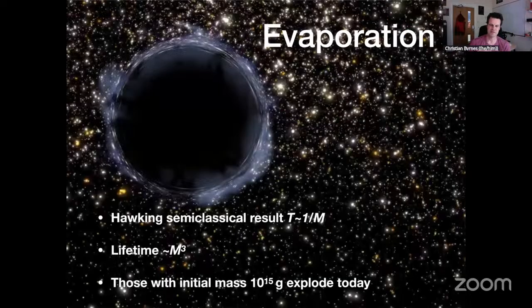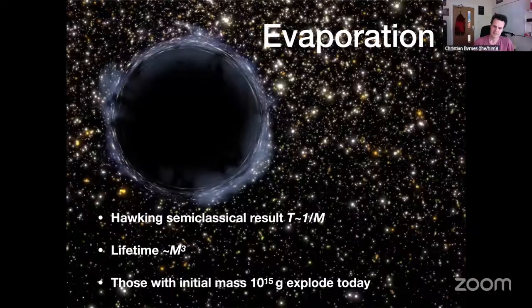Okay, now let me go to the very light end. And remember, the asteroid mass window on the heavier side had microlensing constraints, and on the lighter side had evaporation constraints. So evaporation: there's the famous Hawking result from the 1970s, a semi-classical result that the temperature goes like 1 over the mass of the black hole. So if you put in solar mass and set the units, the temperature is completely negligible, even compared to the CMB temperature, so we'll never observe Hawking evaporation from any astrophysical black hole.